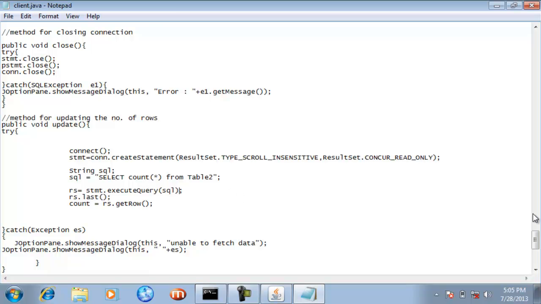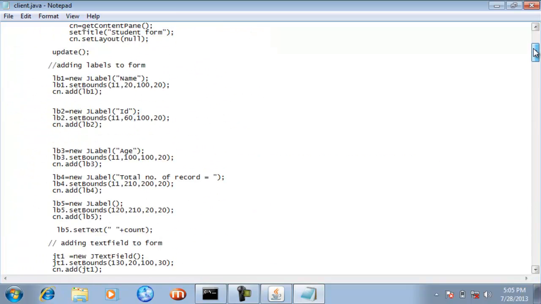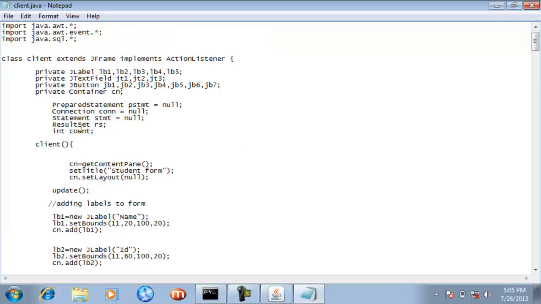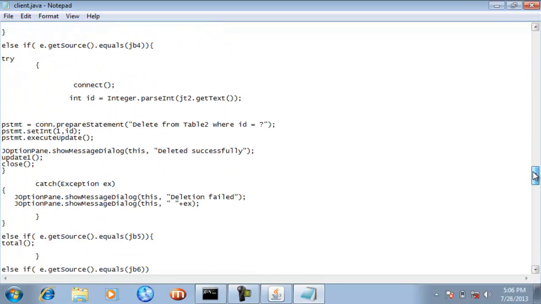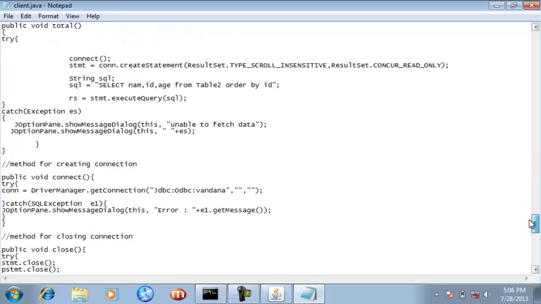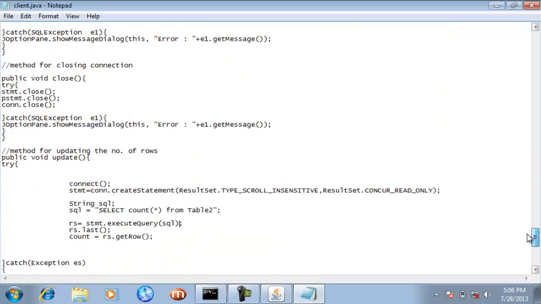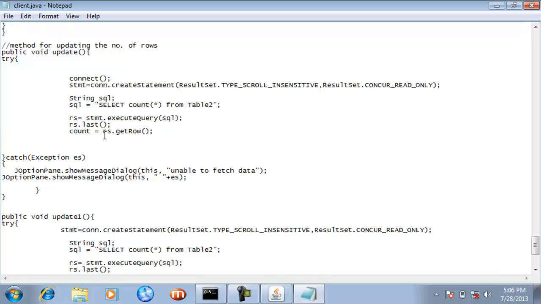If you go to the class scope area, here you can see that we have declared a variable whose data type is int and named count. We have used this count variable to store the number here: count equal to rs.getRow.